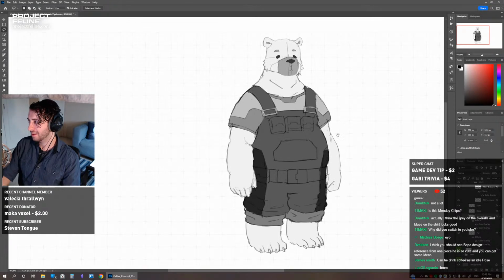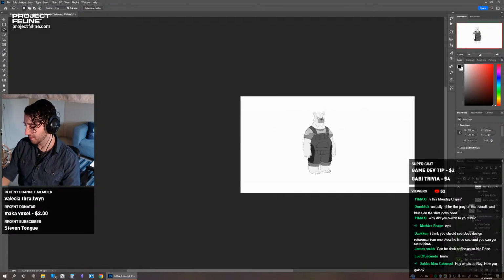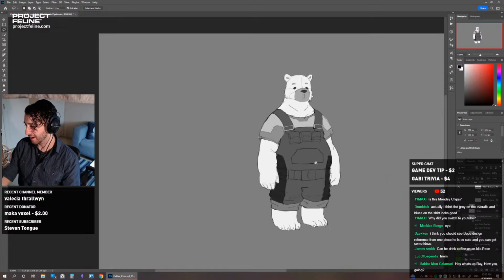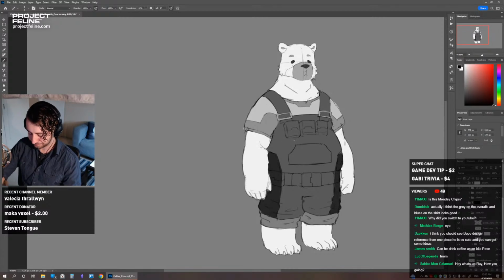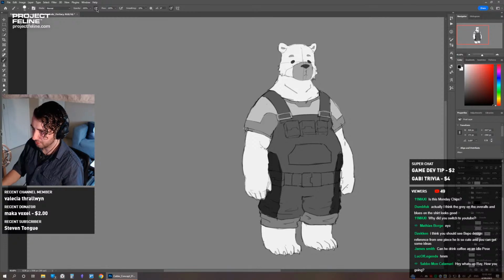Okay. When I zoom out, I'm gonna get the gray background. Okay, I think it's too... We need some in the middle. It's too dark in the middle. Where are the other layers? Yeah, there should be another layer of stuff here. So I want to color some of these pockets. And I need to color the belt, actually. I forgot to do that. So I'll turn off transparency. I'll color the belt.